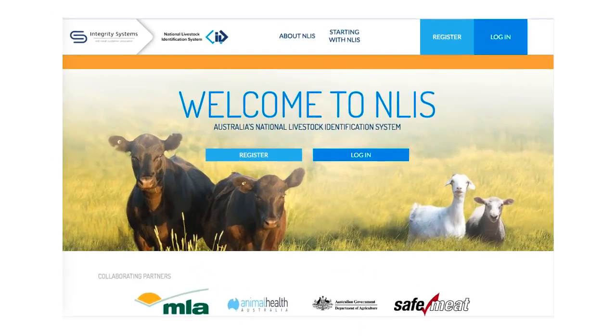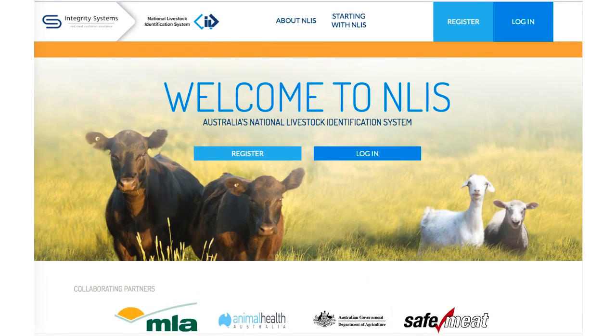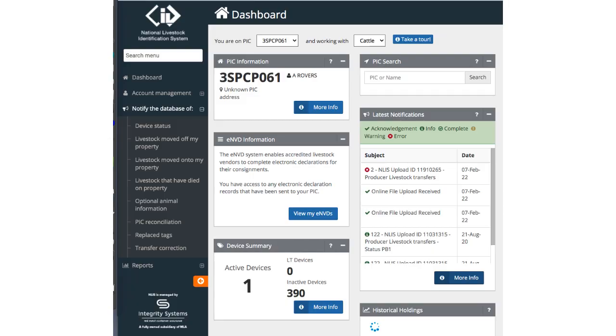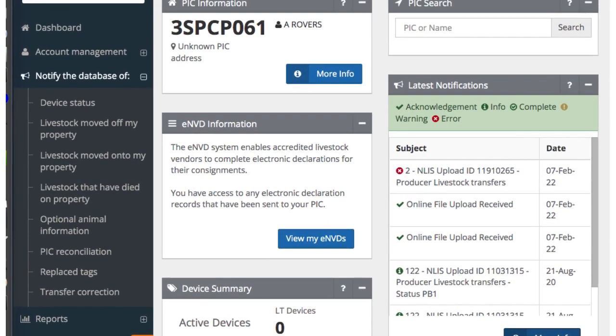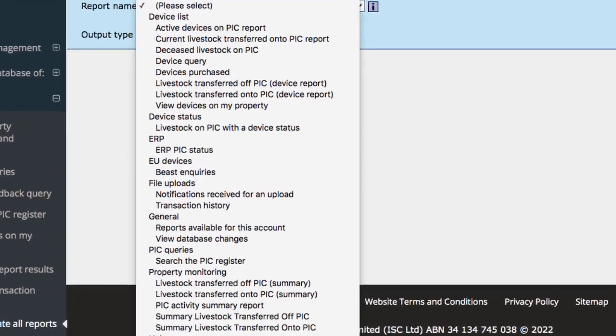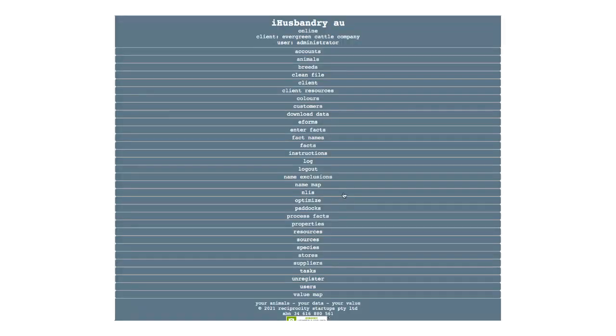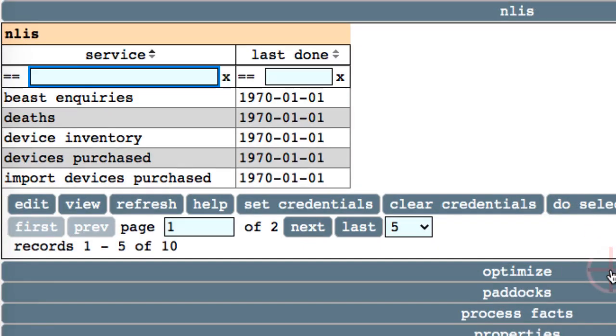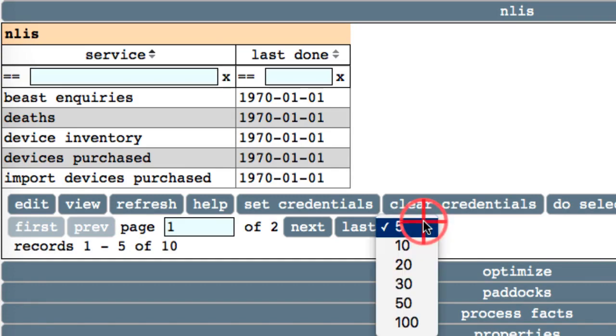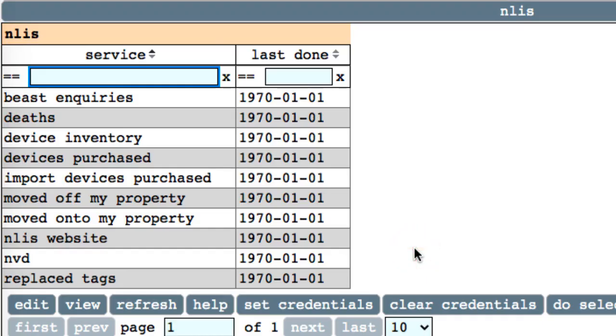Some enterprises, such as a cattle producer, are associated with the Australian National Livestock Identification System, abbreviated here to NLIS. These enterprises are required to notify the NLIS when animals have been moved to another property, died, or had their RFID tag replaced. The NLIS database holds data about animals and RFID tag devices that is useful for managing an enterprise. The iHusbandry NLIS task provides a number of services to manually or automatically make notifications and extract animal and